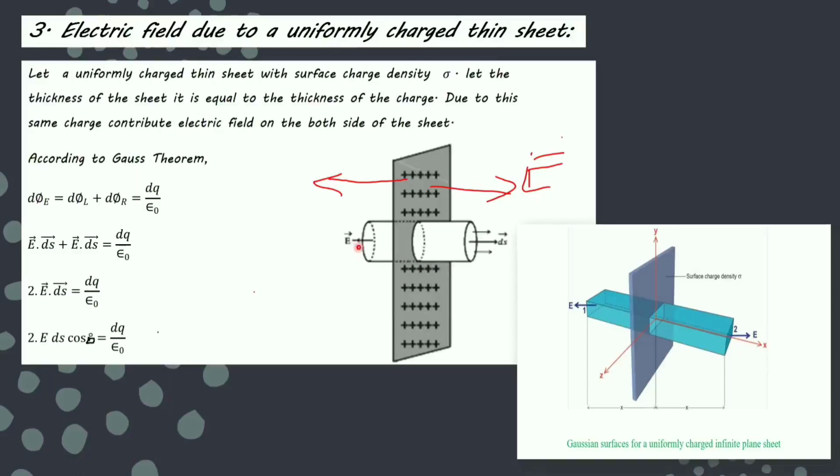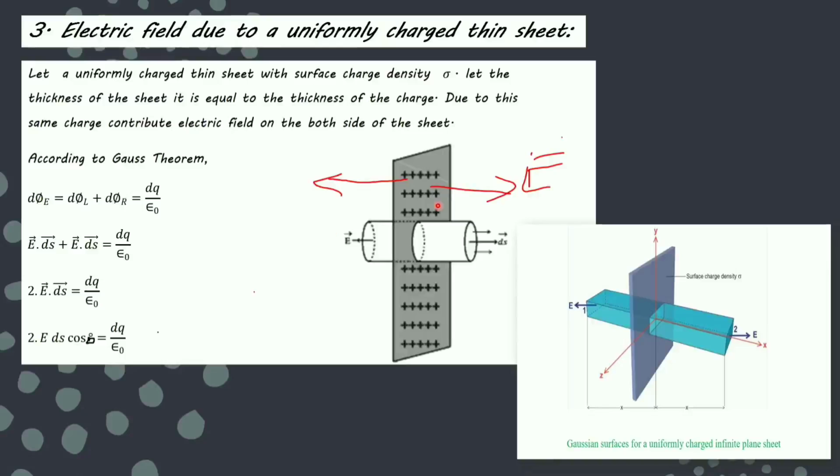Now this way, the direction of the electric field is this way, and your ds vector is also the outward normal, so both are in the same direction. Here also the electric field direction is outward, and the area vector is again outward, so both are in the same direction. It means flux due to the left part and due to the right part. Because I am taking small parts, I can write that a small charge dq is contributing, divided by epsilon. By the definition of flux, d phi e for the small part can be written as E ds for the left and right parts.